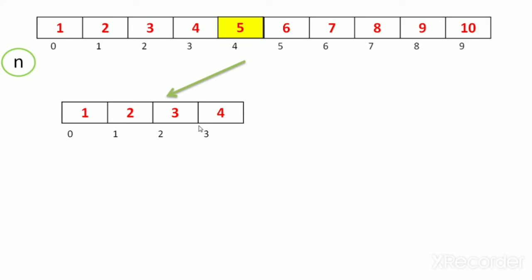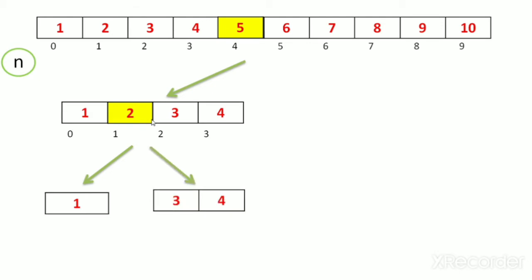Now it will calculate the middle, which is 2 in this case, and it again compares n with 2. If it's 2, then it will return number found, but if it's less than 2, then it divides the left half. If it's not 1, then it returns element not found. But if n is greater than 2, then it divides the right half and again calculates the middle element, and then again checks. If it's less than the middle element, there is an element not found. But if it's greater, then again it divides the right half and checks again. So that's how it works.